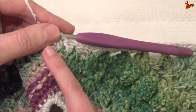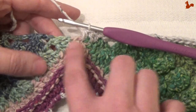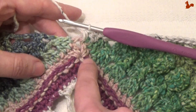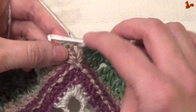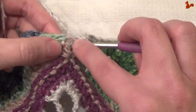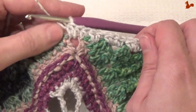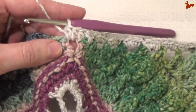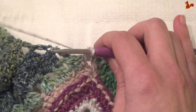Now you're onto the chain 2 space that's between the triangles, and here's the square. See that chain 2 space? Work 2 half doubles in there. And 2 half doubles. Going to come over to the other side and again work 2 half doubles in the side